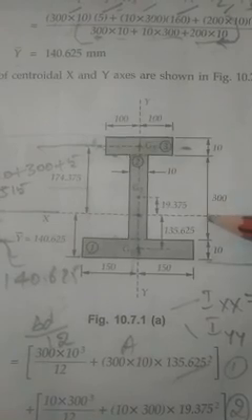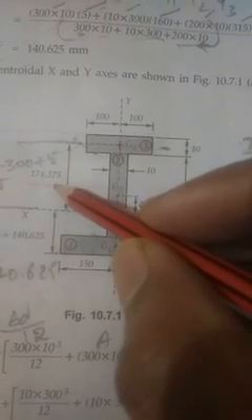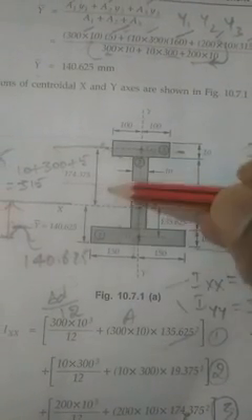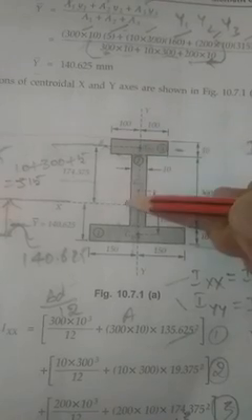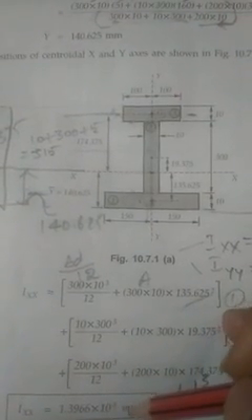If you don't know, it's very simple. This height you know. Just take the center of this distance to this distance, and that distance is 174.375. If you observe the lengths one after the other, you will get it. Like that you have to find out. So the distance from here to the centroid line, that is 174.375, you have to take as d square. Altogether you calculate this, and finally you will get 1.3966 into 10 to the power of 8 mm.